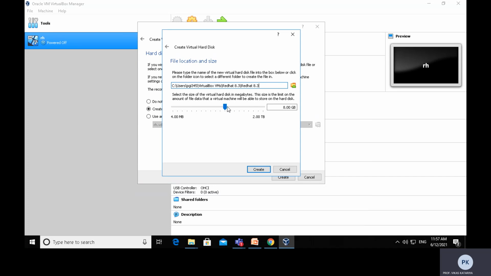Now it is asking about the size of the hard disk. Minimum you have to provide 50 GB, but in my PC we have only 30 GB remaining space, so I would like to give only 10 GB. After selecting the size of the hard disk, click on create.